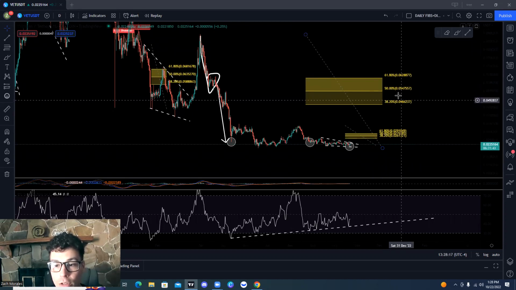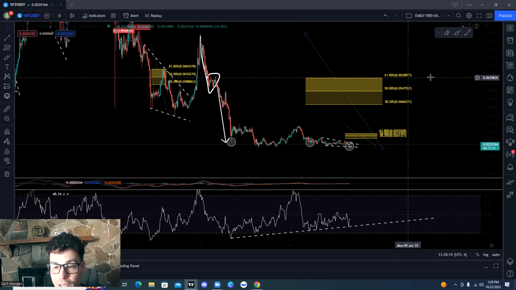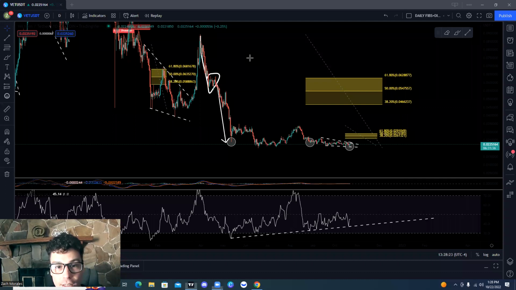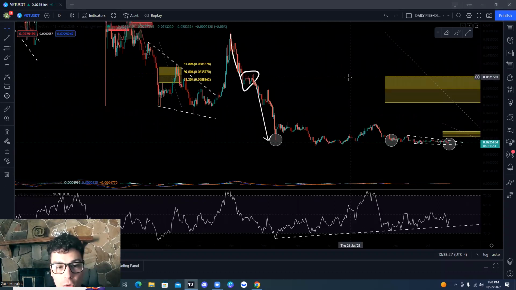We have 0.04, 0.05, and 0.06, just to give you guys some rough estimates and numbers if we were to come down and retrace some of this very large move. Come back up, retrace it, and then maybe possibly head back lower, or we take it out and start a new uptrend. Now, as I said, we're going to break down the whole chart and the whole